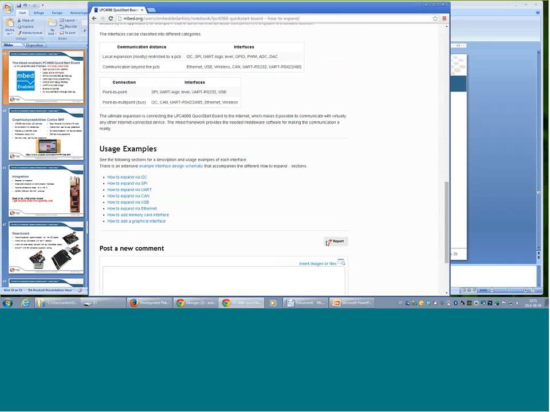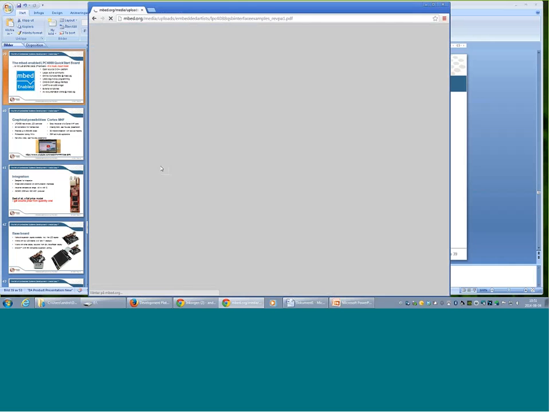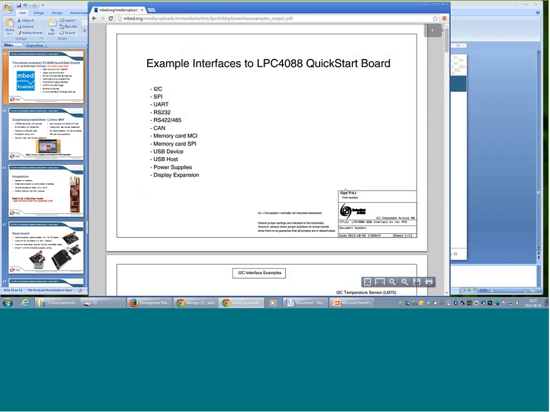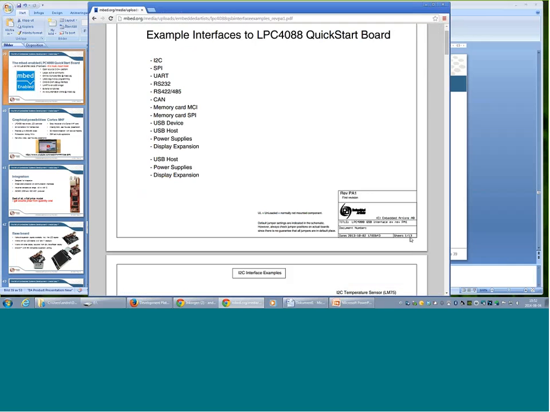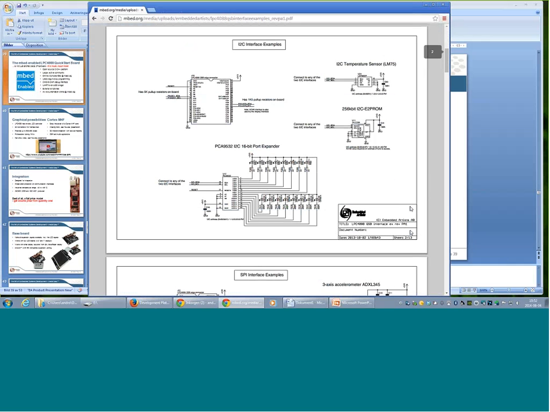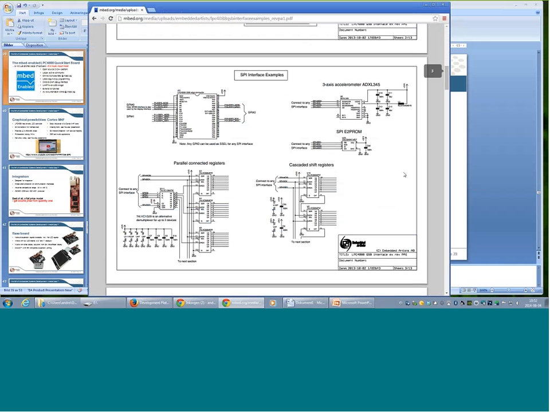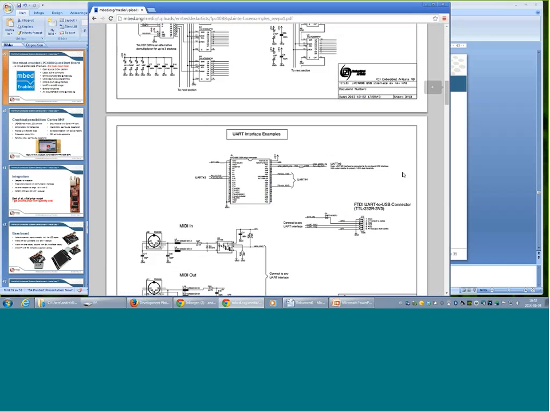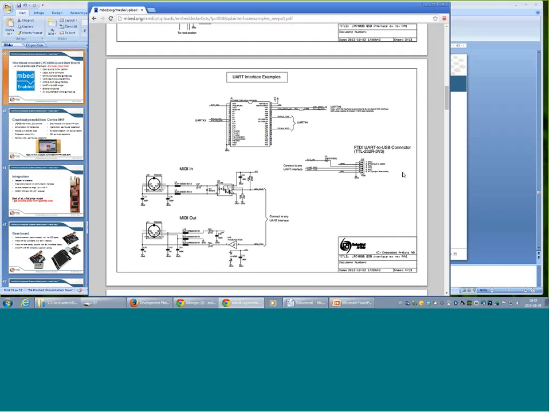And here are also users' examples, and there are also examples of the interface designer, for example. So if I open this PDF here, there is a 13-page large schematic that explains different types of expansion. Here is an I2C interface example, SPI interface examples, UART interface examples,